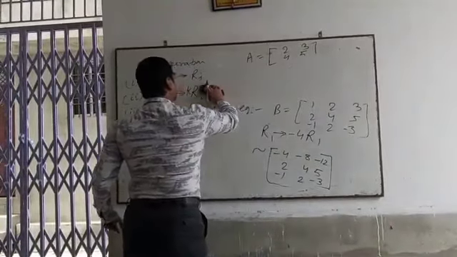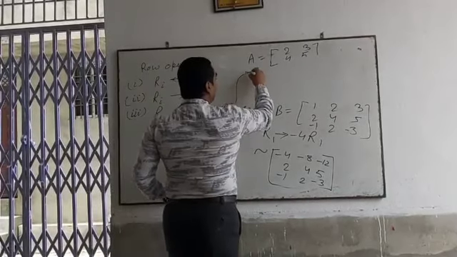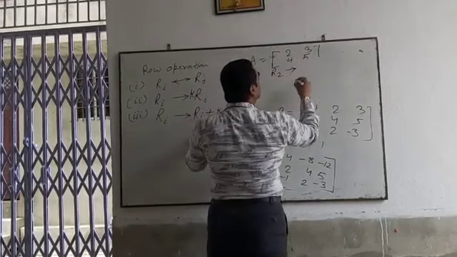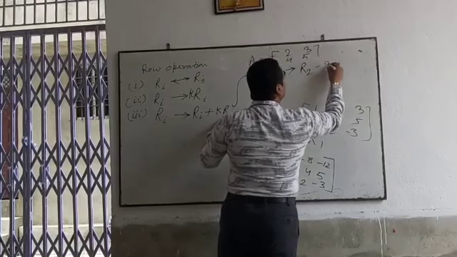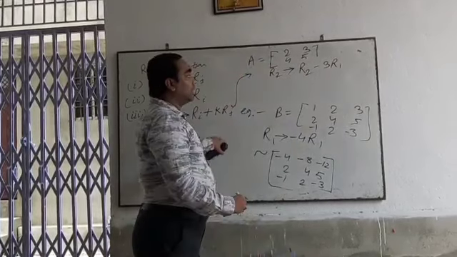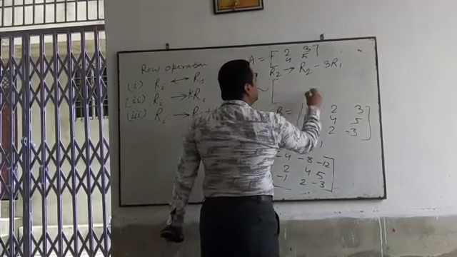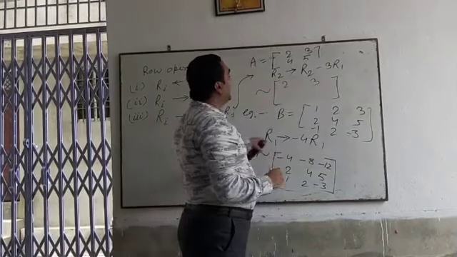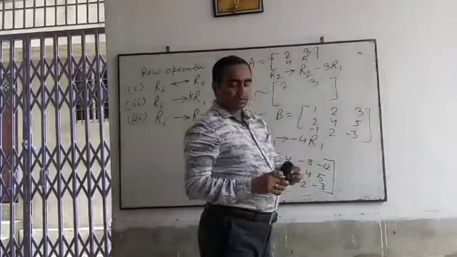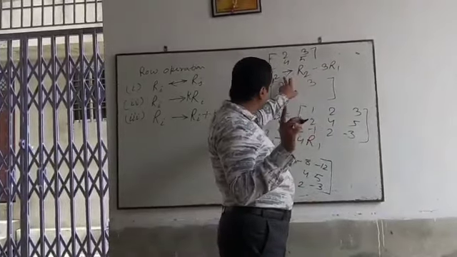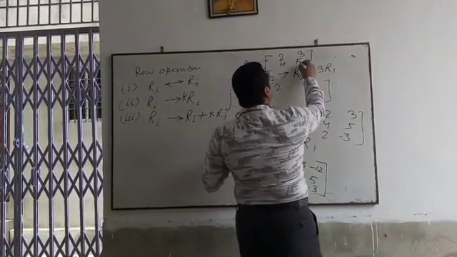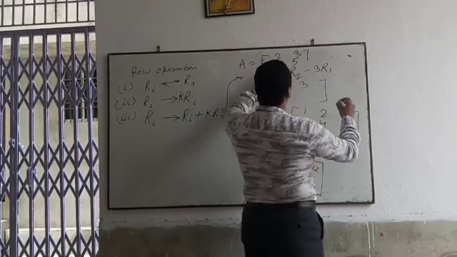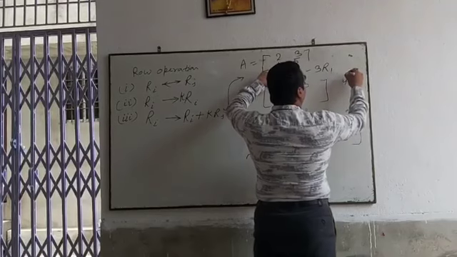Okay. Now come to the third row operation. Here what are we doing? We are keeping R2 tends to R2 minus 3 R1. Then what will be our new equivalent matrix? R1 as usual. In R2 what have we done? R2 minus 3 R1. Now come to the first element of R2. It is 4. Now operate this 4 by this operation. Then what do we get? Let us do it here.